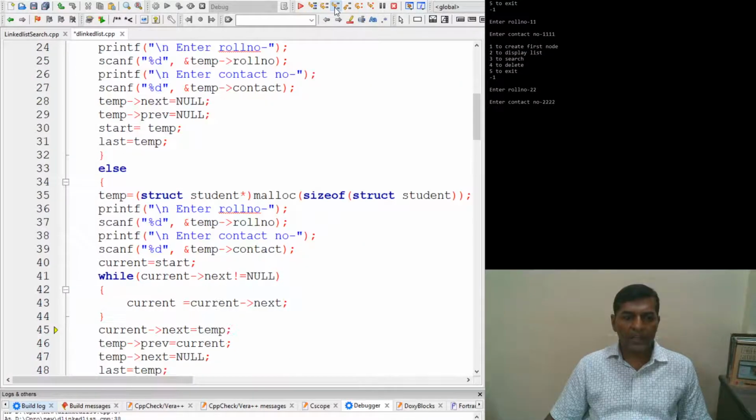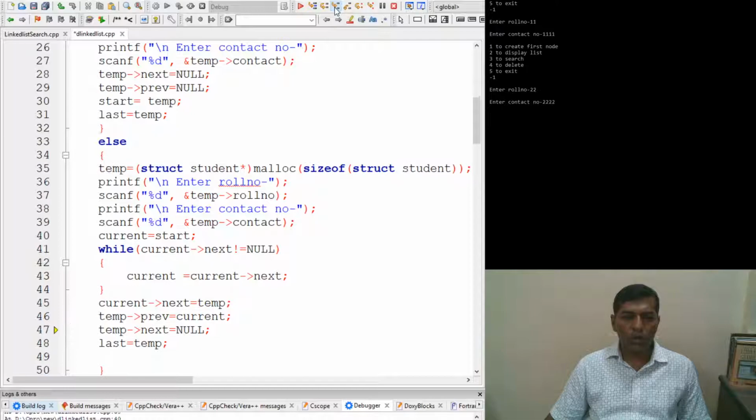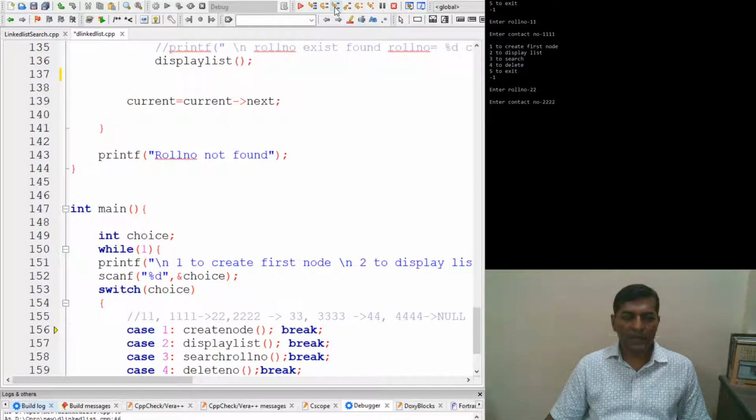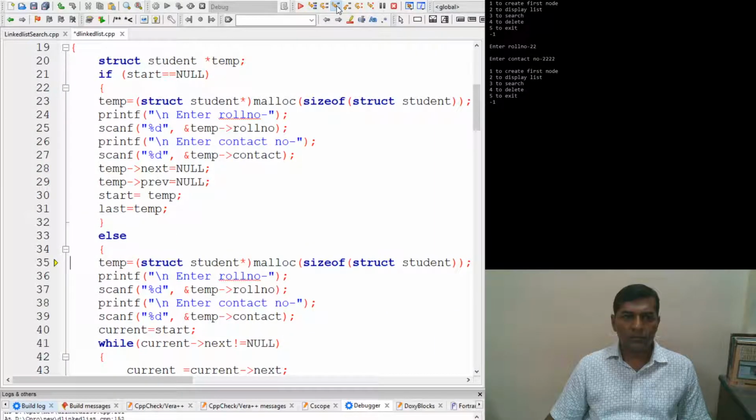So let's create one more node, to understand the traversal as well as the deletion from a list. So let's add one more node, 3333 as a contact number and 33 as a roll number to this list.